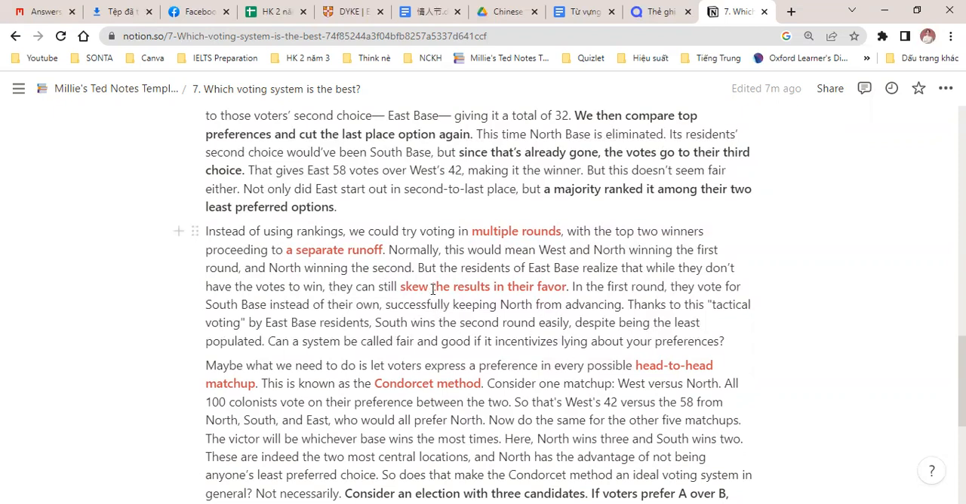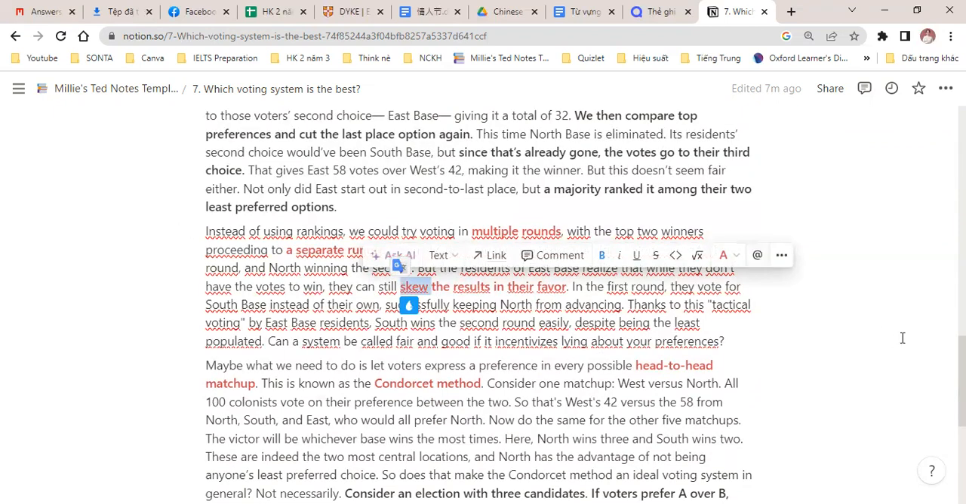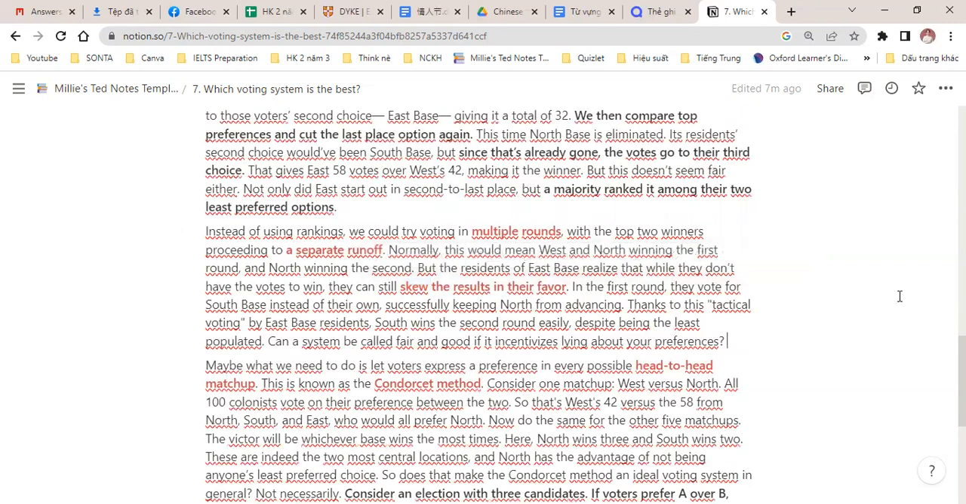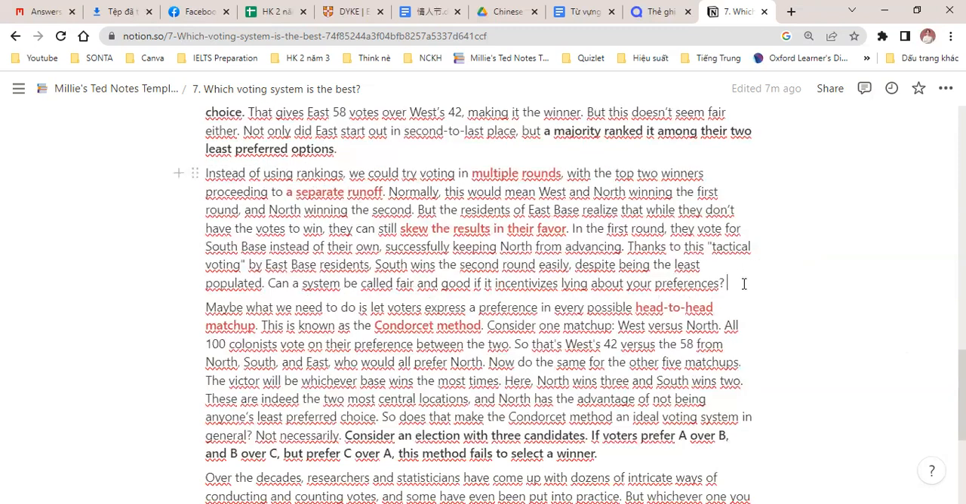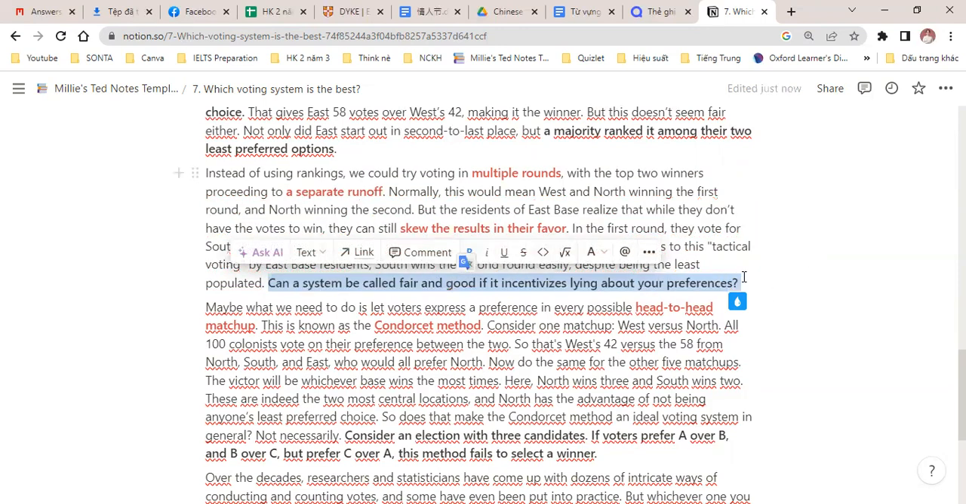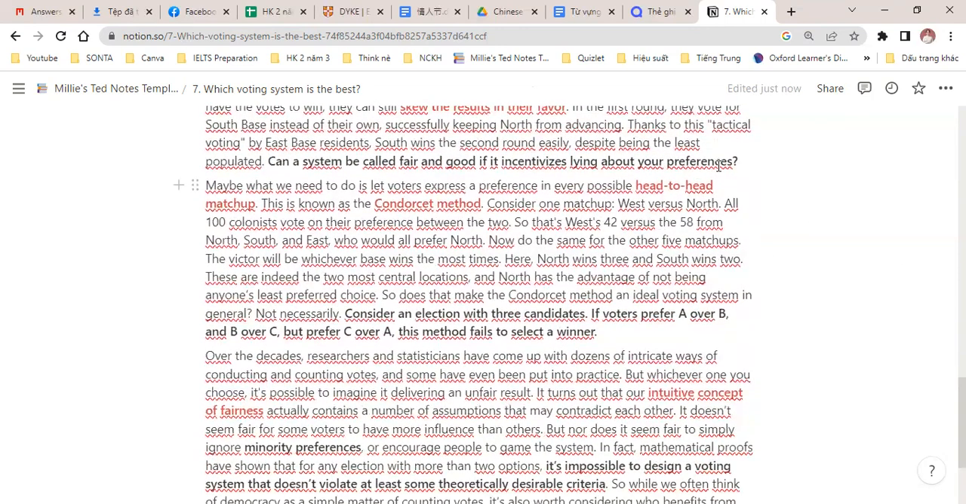Skew is a fantastic word I found today. It means that maybe they did something wrong to get their desired results. Maybe. Okay, so can a system be called fair and good if it incentivizes lying about your preferences? Actually, maybe no. So the next one, maybe what we need to do is let voters express a preference in